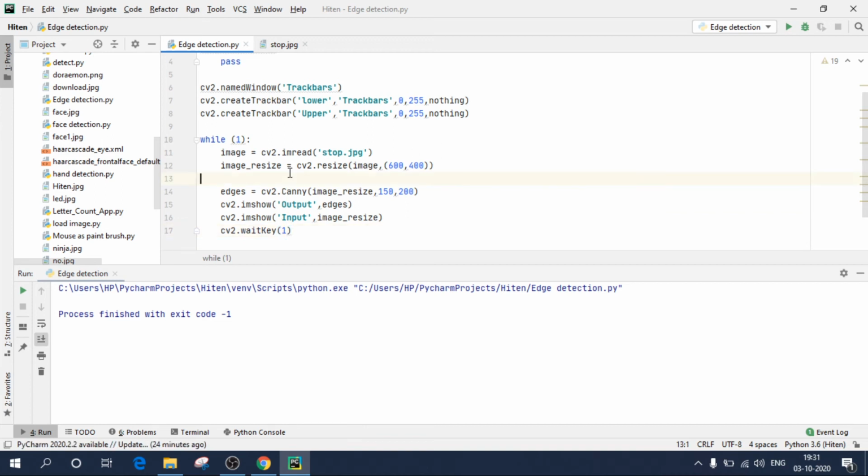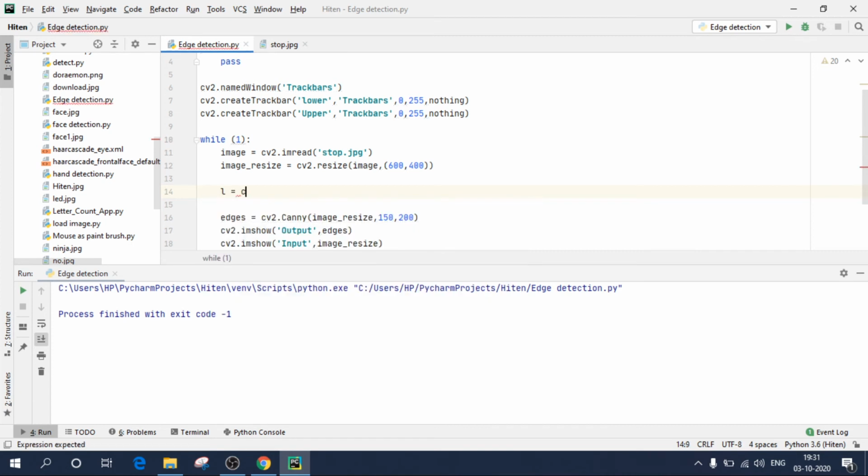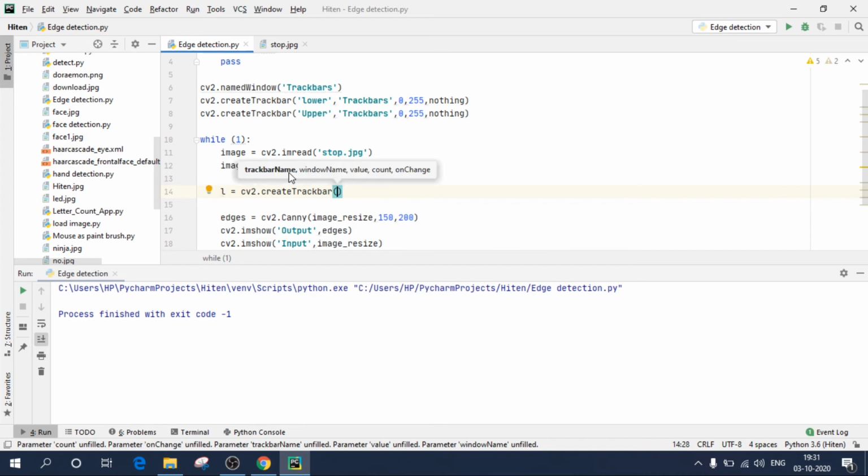Now to retrieve the values of the track bar, we need to get the track bar position and store it in a variable. So I am creating a variable named l equals cv2.createTrackbar. Write the track bar name. Sorry, it would be cv2.getTrackbarPos. Write the track bar name for which you want your value.